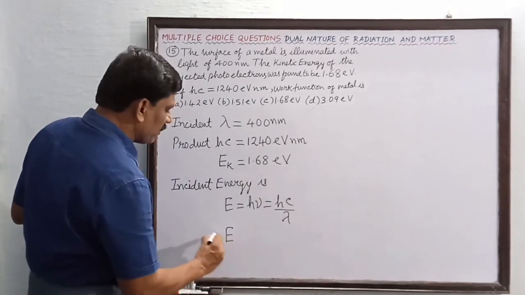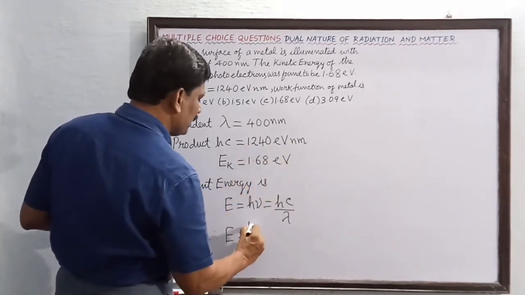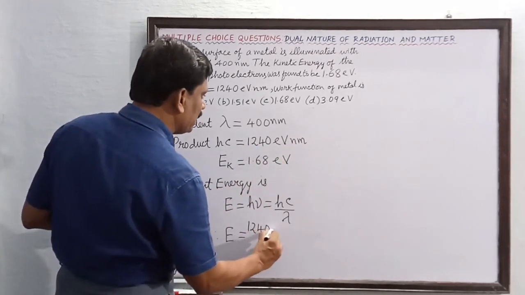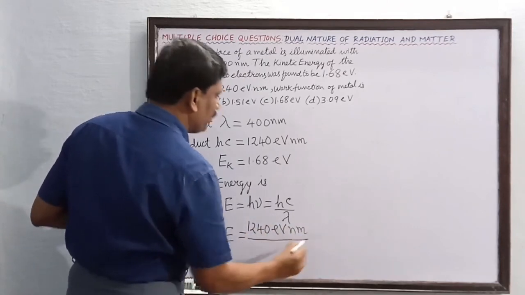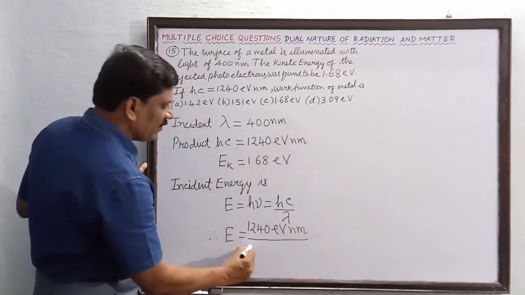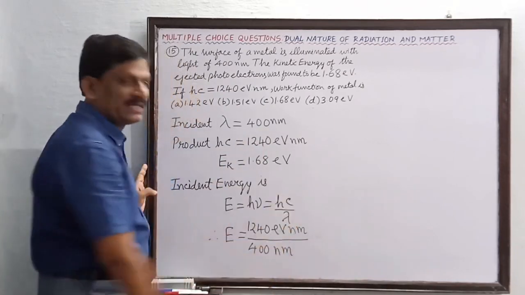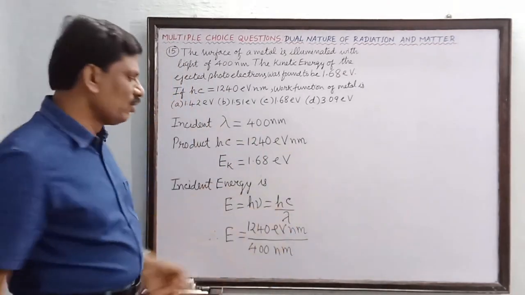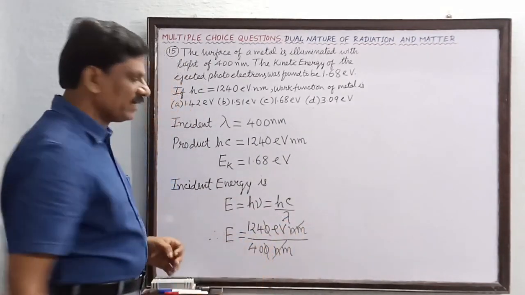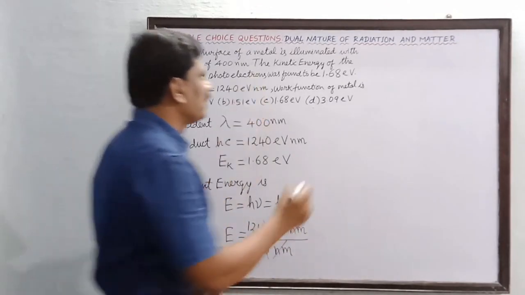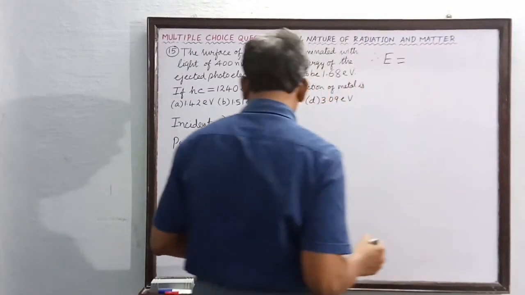So E is equal to the product of h into c, which is 1240 electron volt into nanometer, divided by lambda, which is 400 nanometer. Now the unit nanometer can be cancelled on both sides, and the zero also can be cancelled. Therefore the energy of the incident photon is equal to